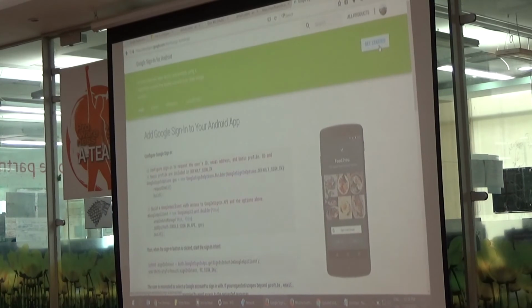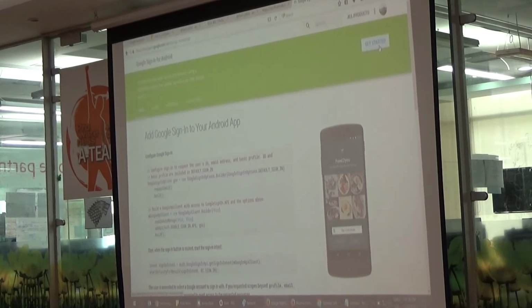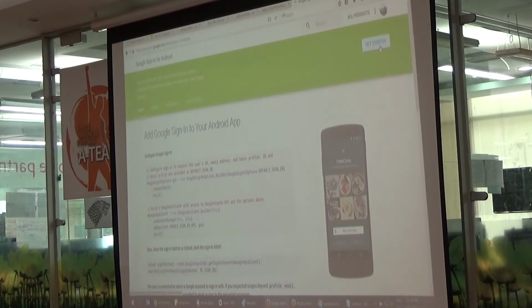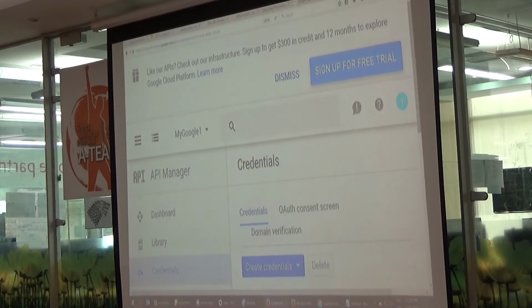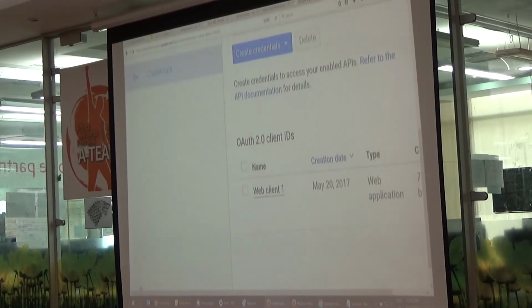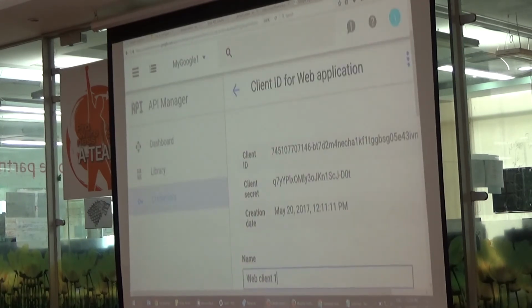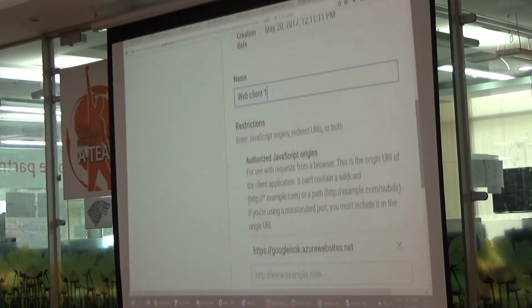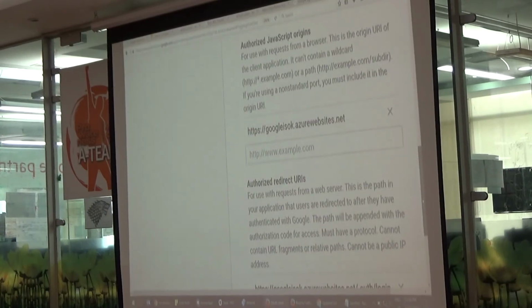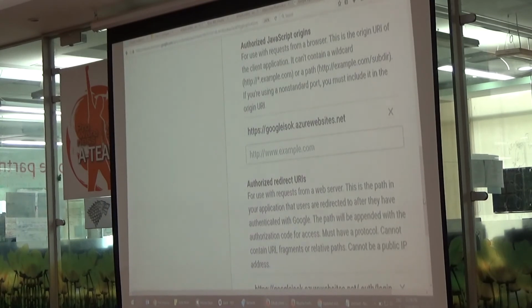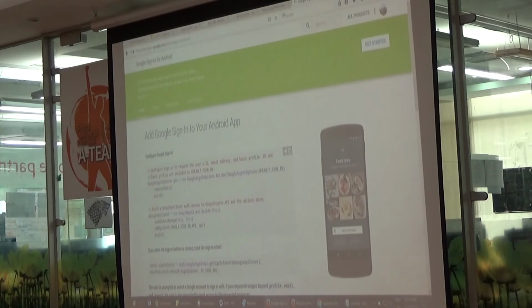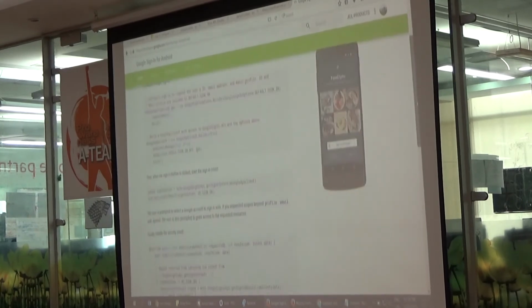So as a developer, I should be including all this, just like when I create any website, HTML for Safari, for Mozilla, whatever it is. As a developer, you need to do this only once. The credentials which I did and whatever I did here, you need to do once to register yourself with Google so that they know who you are. And then from any of your applications, this is what you need to do. Again, they will need a client ID and a client secret. That's all you need to provide.